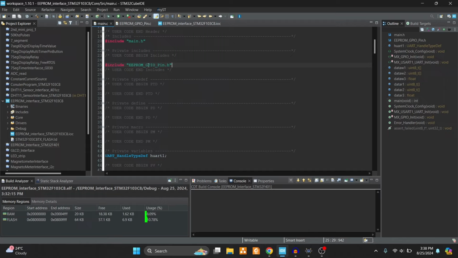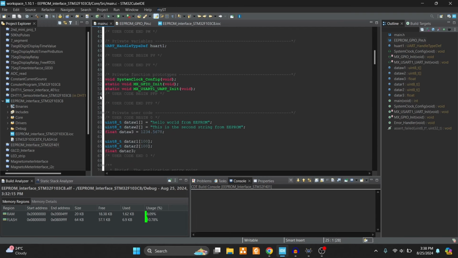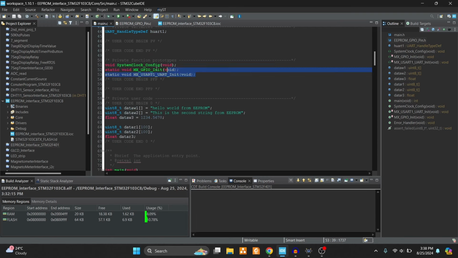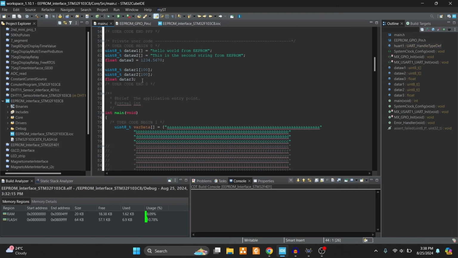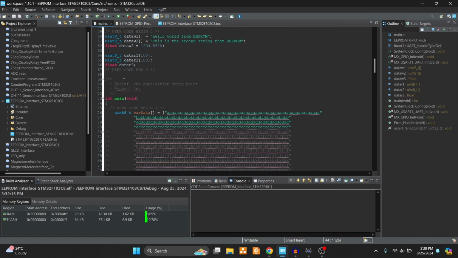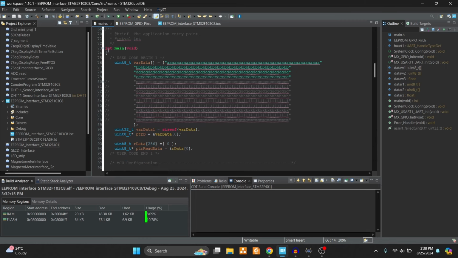We have to include the EEPROM GPIO pin.h, so we have to use this hash include. This is system generated. Now you can add the arrays that you want to print. So this is currently unused. Now in our main code,